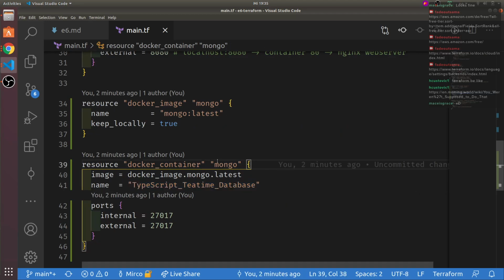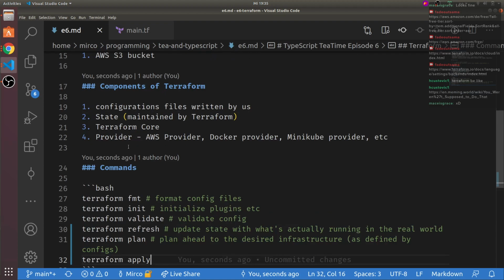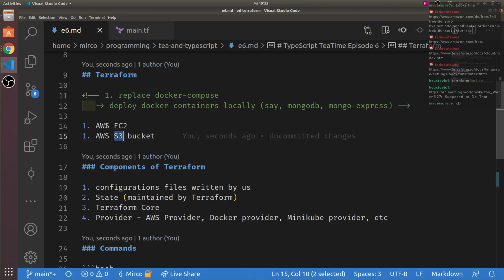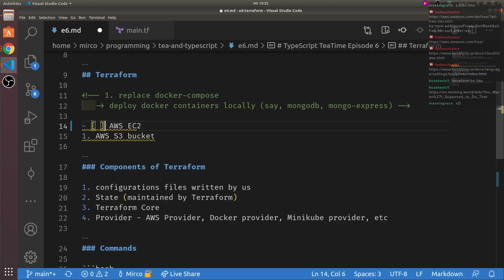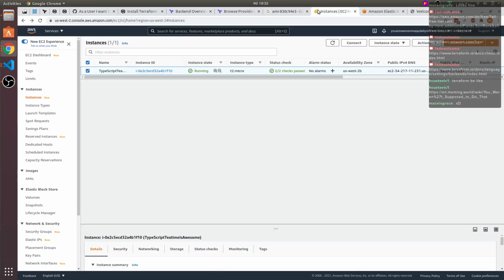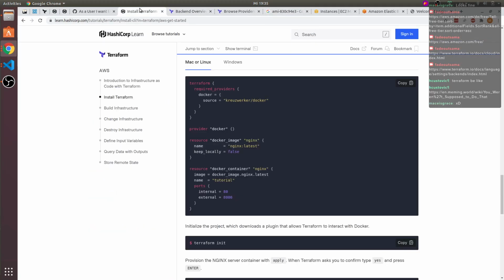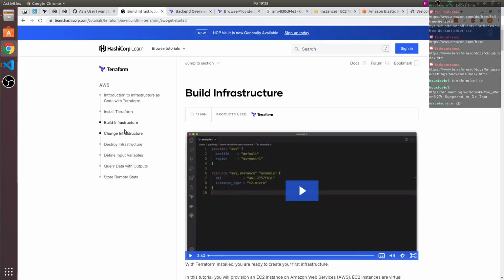Okay, so we kind of did what we wanted to do, right? We do have the EC2 instance. We do not have the S3 bucket. Let's find out how we do that. The tutorial continues, by the way. We kind of only scratched part of it.